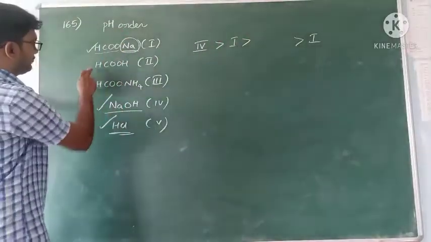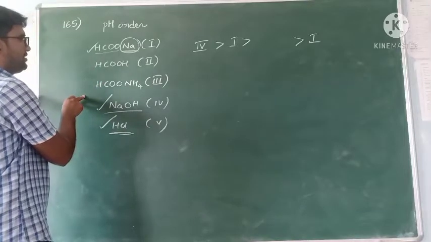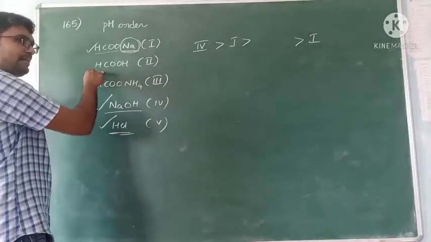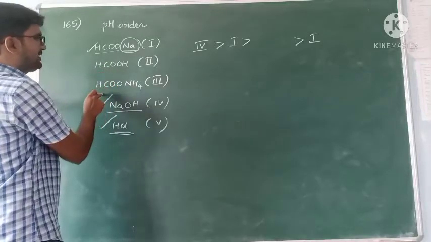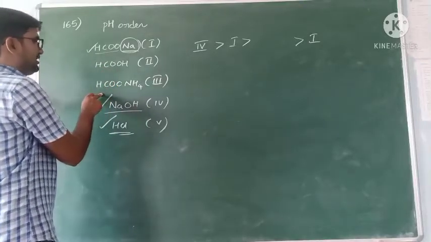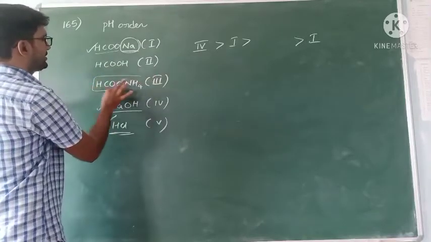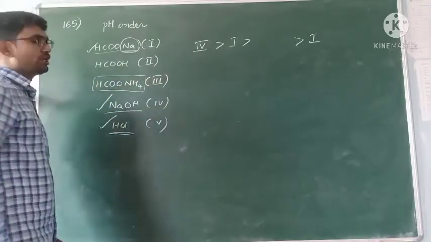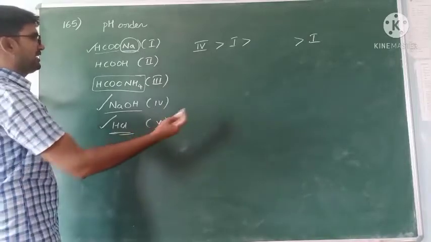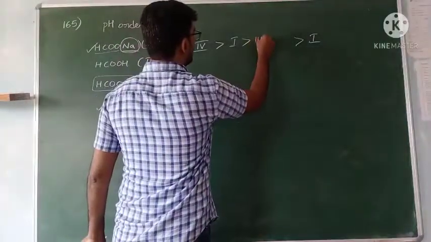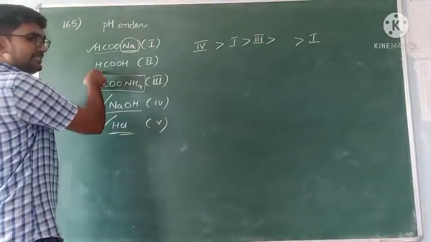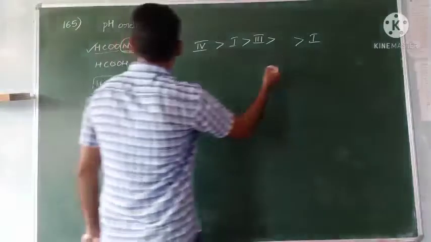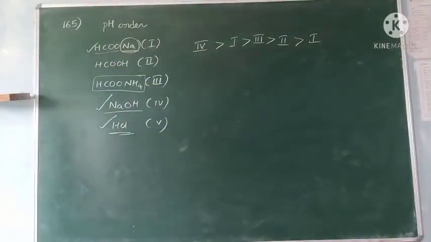Now the middle, these two. Which is coming first? This must be acidic, but it is a weak acid. But for the salt, there is a chance of acidic, basic or neutral. In most cases we take it as neutral only, because it is the salt of a weak acid and weak base. So its pH is equal to 7. That's the third place. But this one is acidic, meaning less than 7. That's why 2. This is the pH order for this problem.